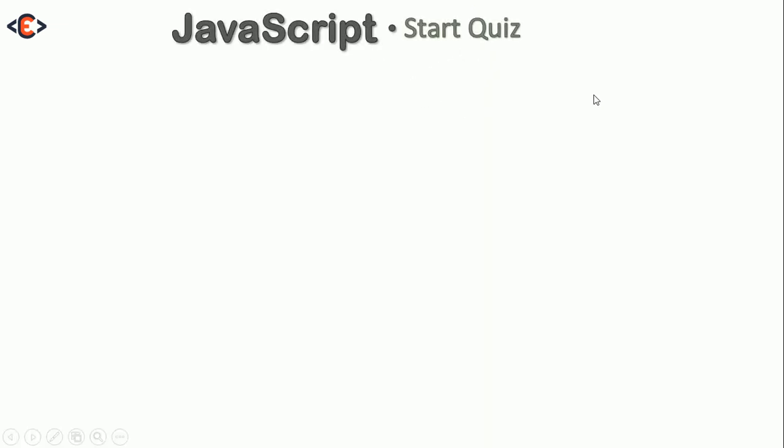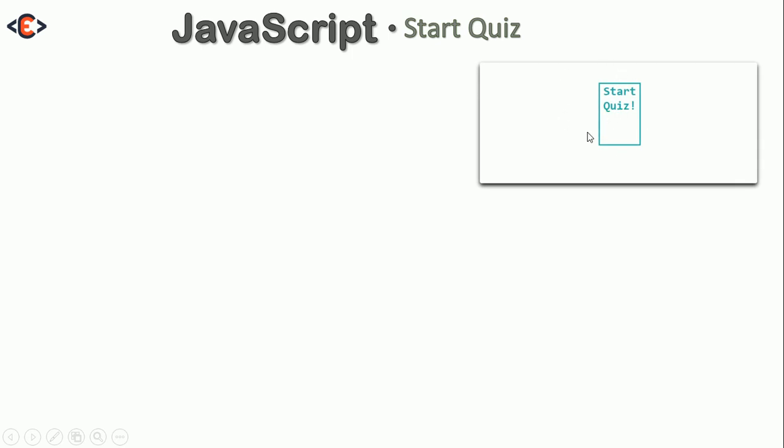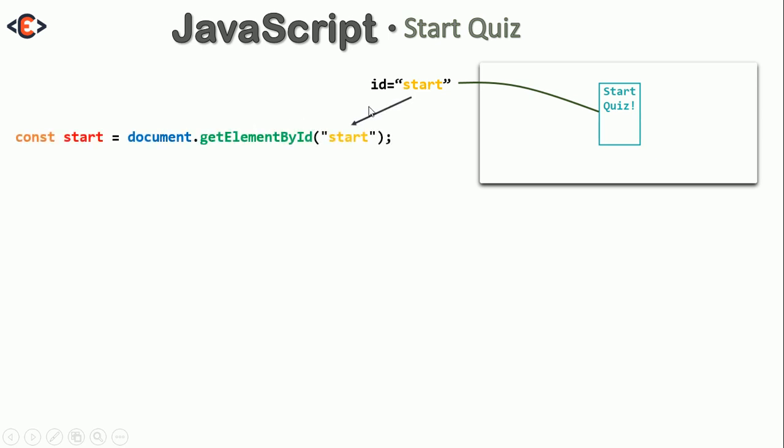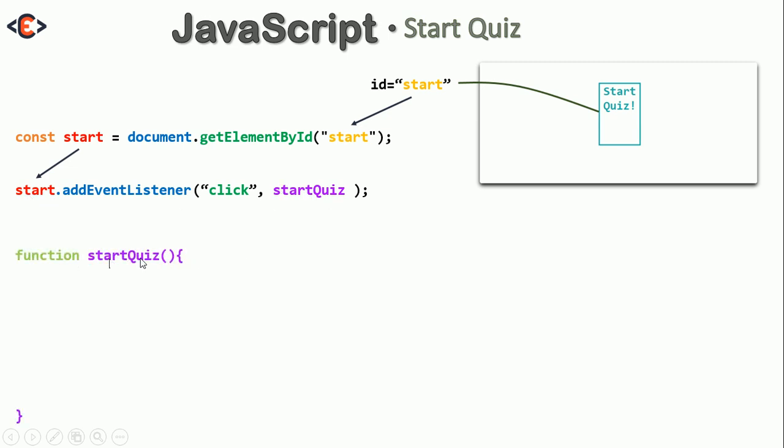Now let's talk about how we start the quiz. When we first begin the quiz, what is shown is the start quiz button. This has an ID equal to start. We selected this element using getElementById. Now we need to add an event listener to start, which is the click event. So whenever we click the start button or the start div, we will fire up the startQuiz function. In the function startQuiz, we will set the